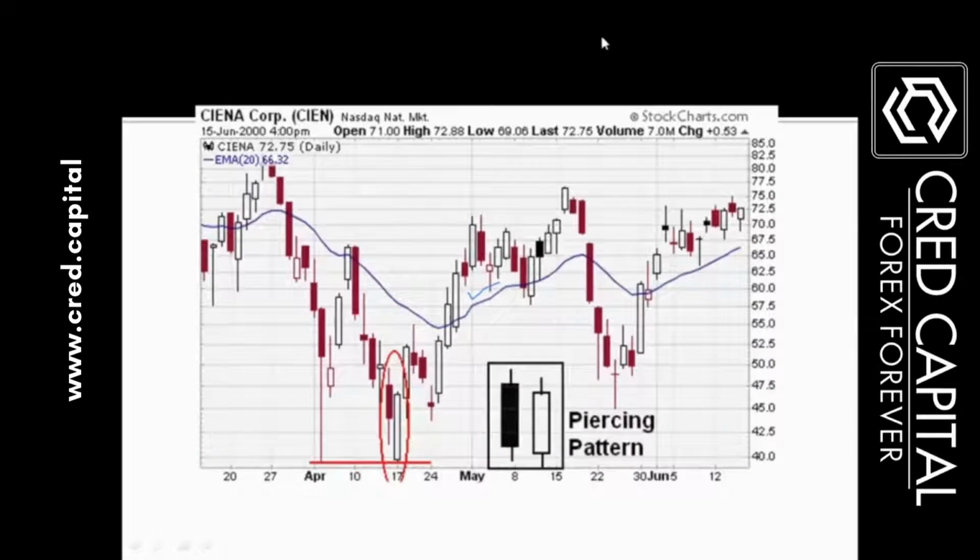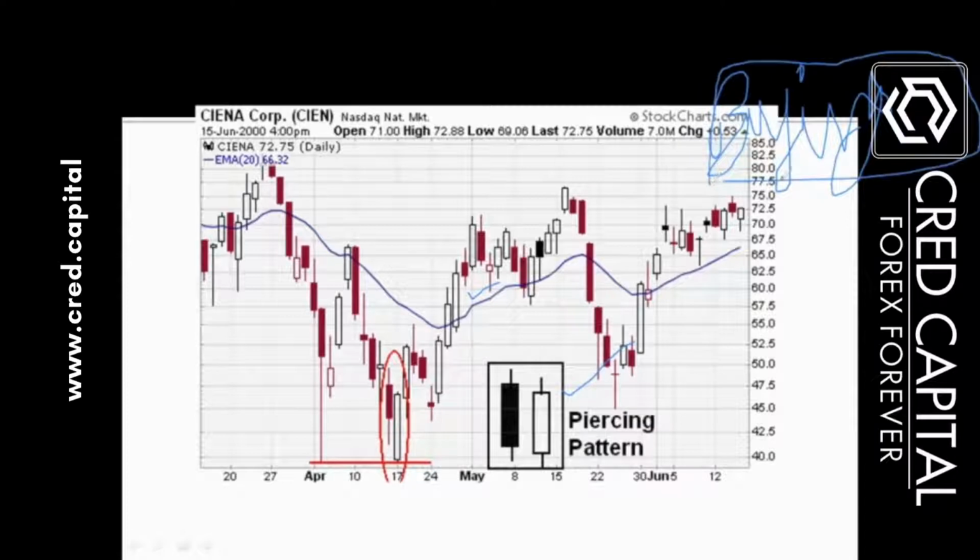So what we can see in the market, the piercing pattern is basically for the buying side. Okay, just note it down. The piercing pattern is just for the buying side. Now, what is piercing? Piercing means a kind of pinching, like when you pierce your nose or ears. This same kind of piercing is applied in the market.